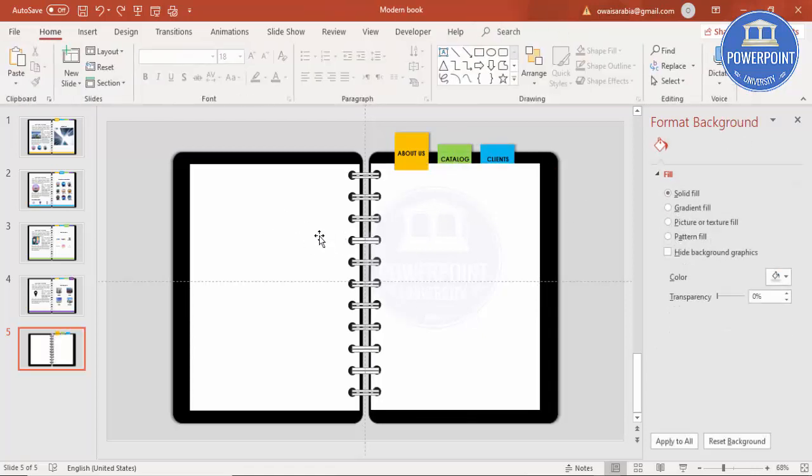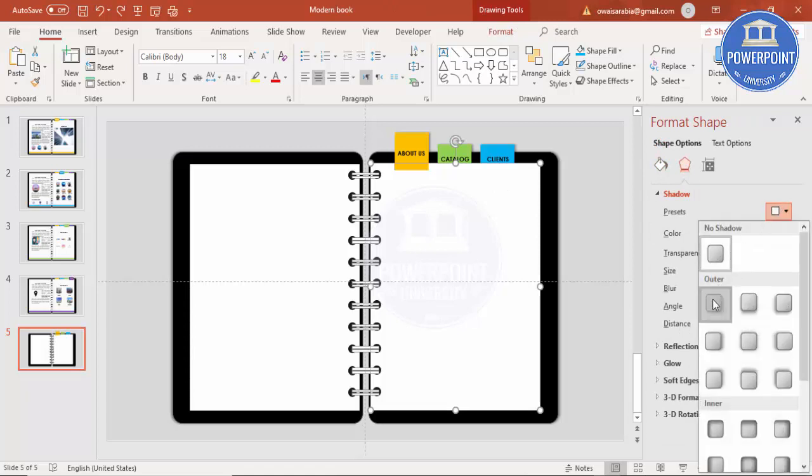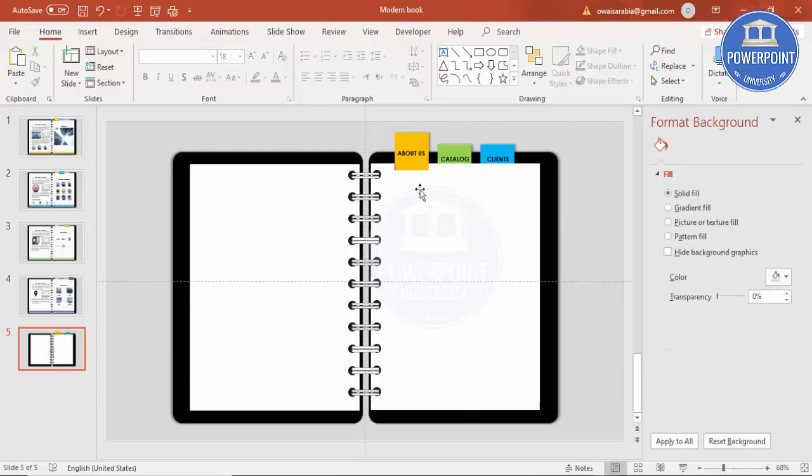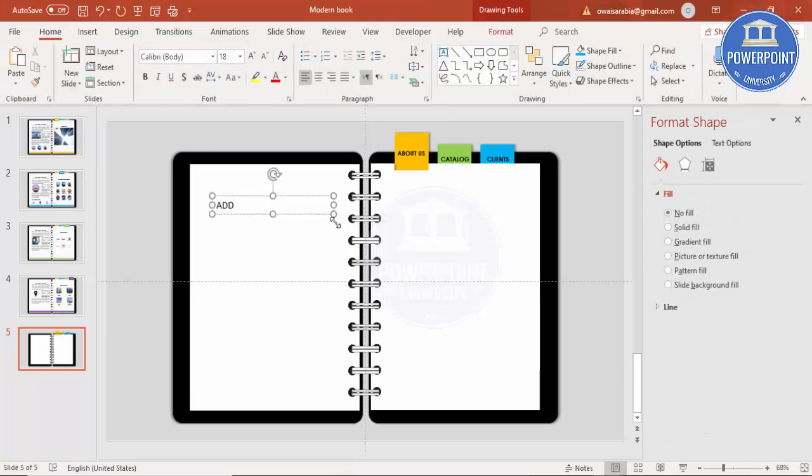Then you can add your own text here. So this page, I'm just going to give some shadow effect, so it looks something like this. And then you can add your own text here, whatever text you like to add. And remember that I'm not going to use any animation to this. Just add your title here and center align, Century Gothic, make it bold,